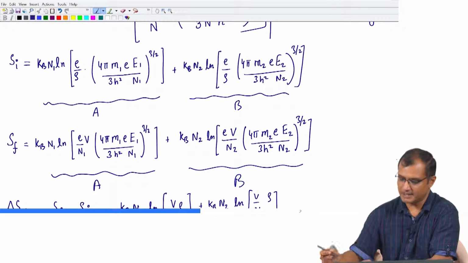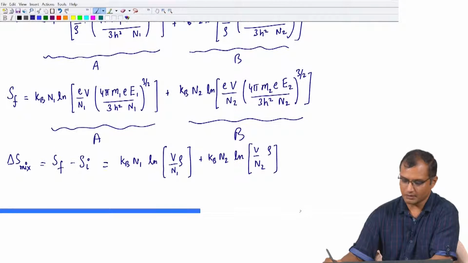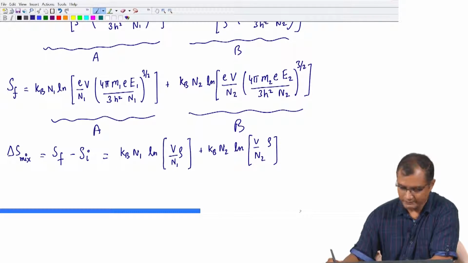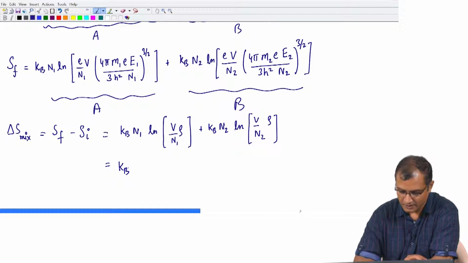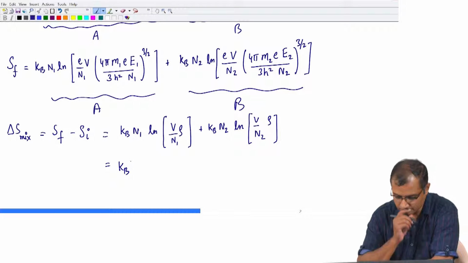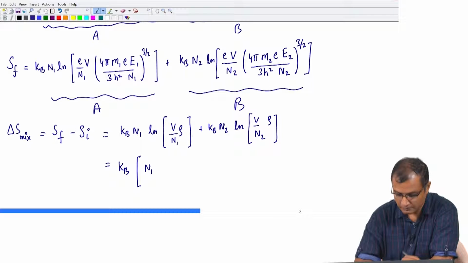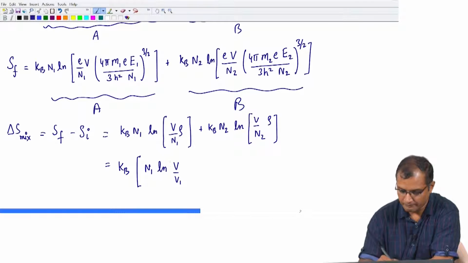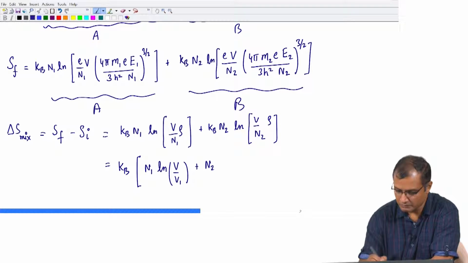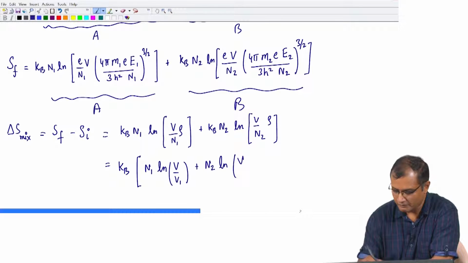What you will have in the end is just this expression, wherein I can simply write down one more step. If I take kb outside, this simply gives me n1 ln, see, rho is already n1 by v1. So, this becomes v by v1 plus n2 ln v by v2,